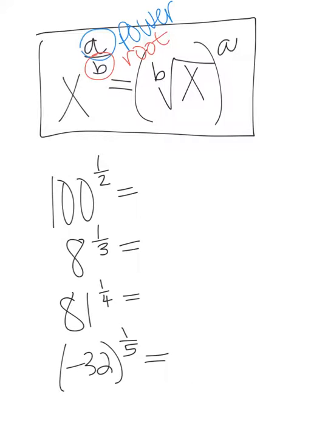I think of it kind of like a tree. A tree gets its power from above, like the sunlight. So your a becomes the power, and then your root is the denominator, because a tree grows its roots